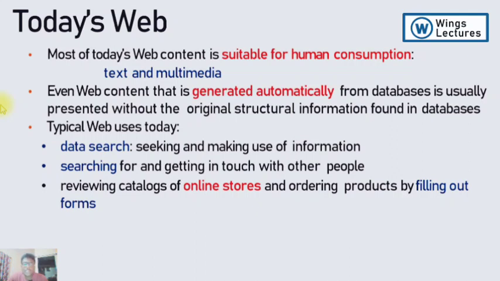So the typical web users, we will go to Google, or we will go to Yahoo or any other search engine just for searching some data, or else to meet new people, or else we will purchase something on online stores, or else we'll go for some other research. It's all based on the purpose, right? But the typical purpose of web users today is data search, searching something on the internet, and online trading applications or websites and all, right?